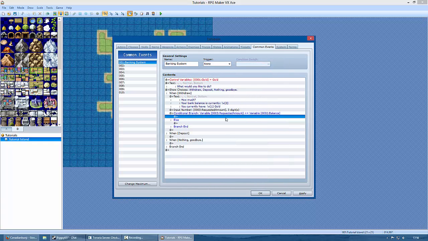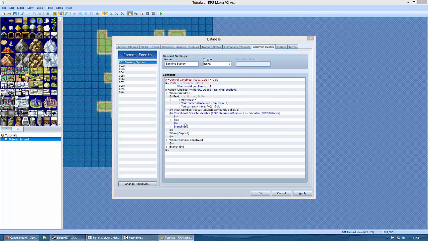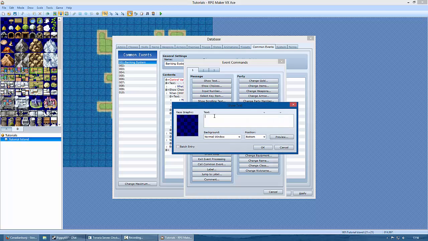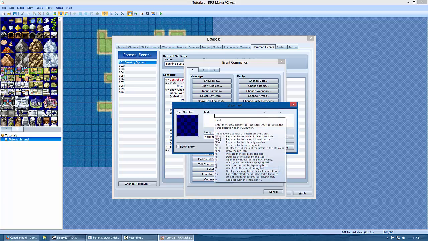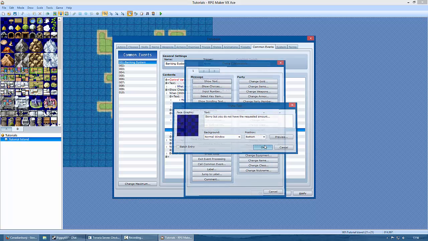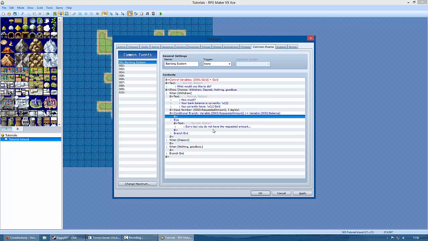All that does is prevent them from withdrawing money they don't have. So if not, sorry, that's wrong. But you do not have the requested amount. Yep, that's fine. And if it is greater than or equal to,